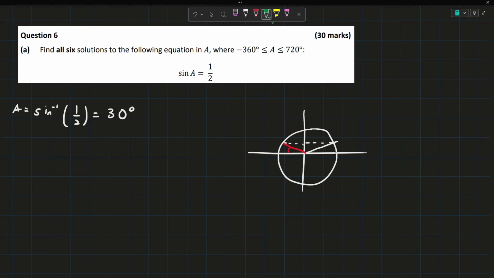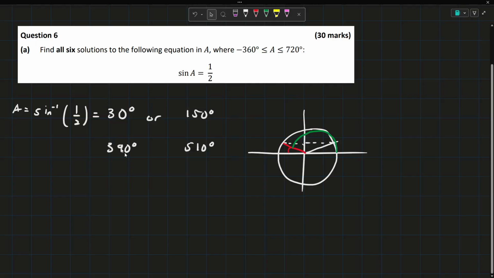But then we always measure angles from the positive x-axis. So we need to figure out this. 180 minus 30 will give us 150 degrees. So these are our two main answers, and then we can add or subtract 360 as necessary. So 30 plus 360 will give us 390 degrees. Do the same to the 150, and we get 510 degrees. Now we don't want to add 360 again,